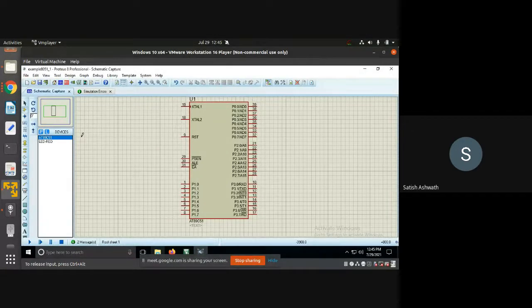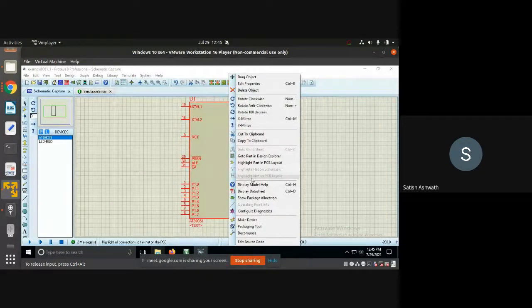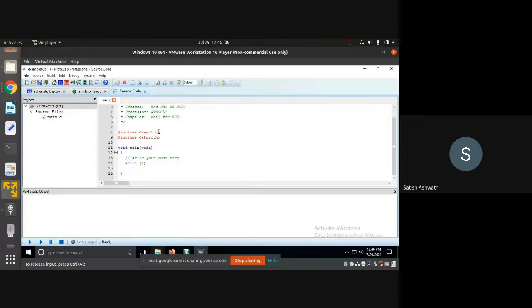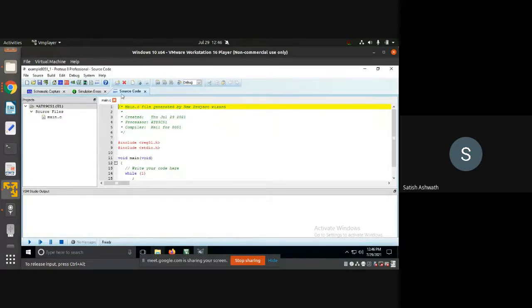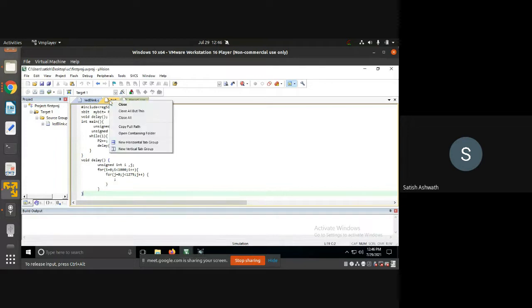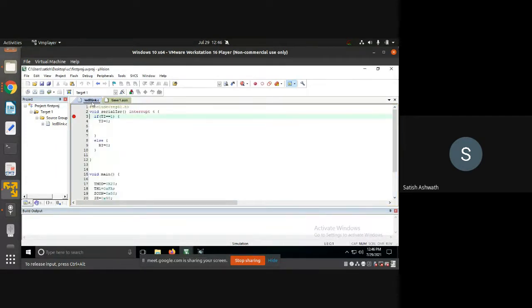There are 2 ways of writing the program. One, you can right click on it, and there's an option called edit source code, the last option. You can click on this. It will ask you what compiler you want to use. You can select Keil for 8051 because you have Keil installed. You can click on OK, and it will open a window for you to write the program. But in the classes, we'll write the program in Keil itself, because we are already used to this. So we'll stick to Keil for writing the program, and we'll see how we can use this program for our requirement.